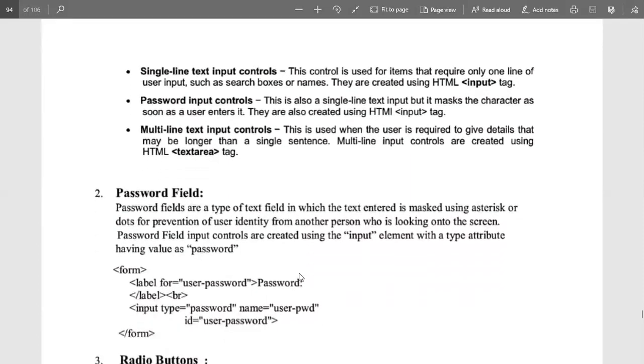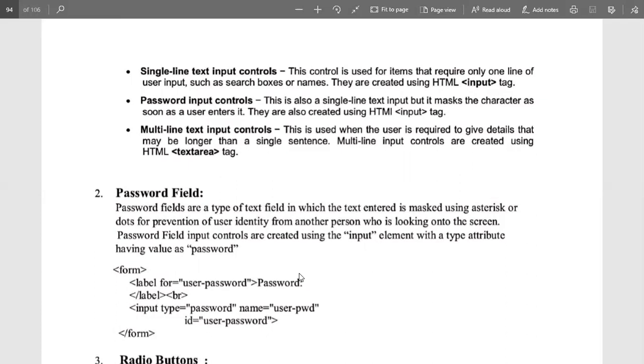Now the next is multi-line text. That means whenever the user requires too many details that cannot be completed in a single sentence, then we use multi-line, and for that we need a textarea tag. For example, whenever we have to insert the address of our hometown, the permanent address, we have to write two to three lines of a proper address.